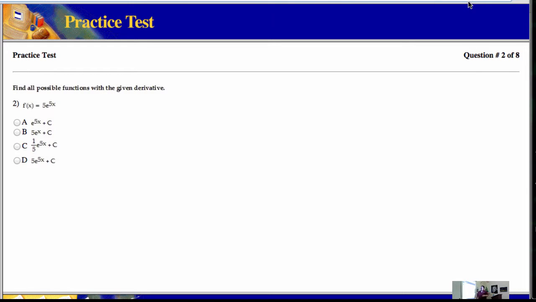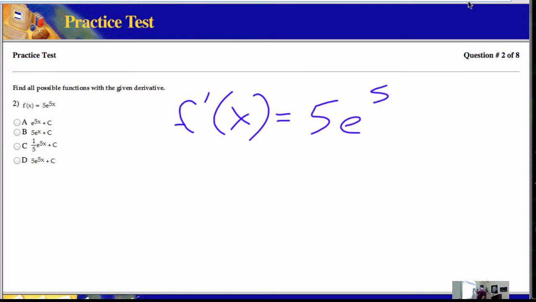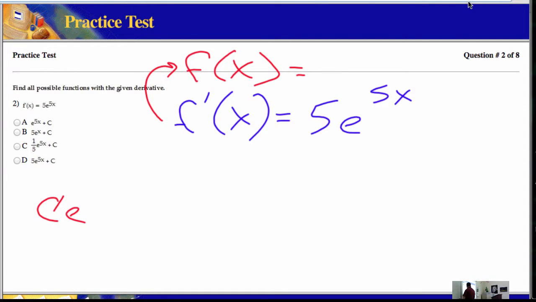It says find all the possible functions. So they give us f prime of x. All right. Now for this, I want you guys to remember. So again, we're trying to find f of x. Now remember that if I have some constant, e to the cx,